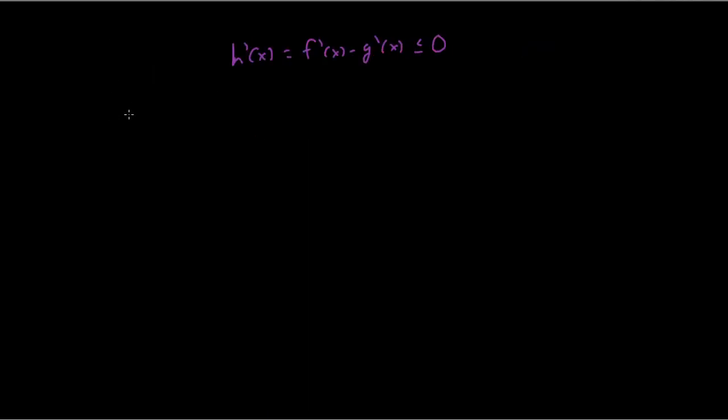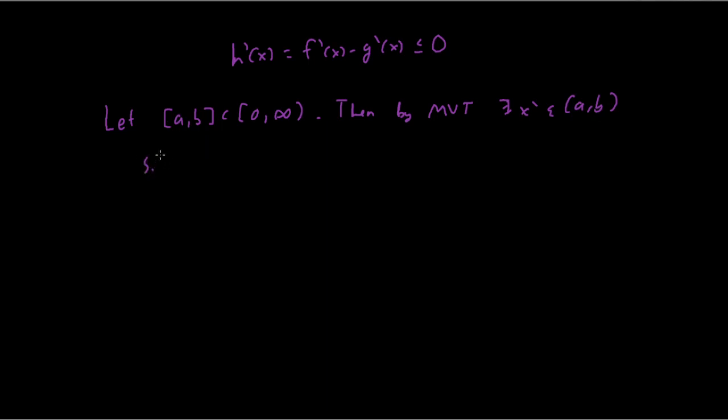So now we want to use our mean value theorem. So we're going to let (a, b) be a subset of the set (0, infinity). Then by mean value theorem, there exists, we'll call it x prime, which is an element in (a, b), inside (a, b) specifically. It won't ever be the element a or the element b, such that